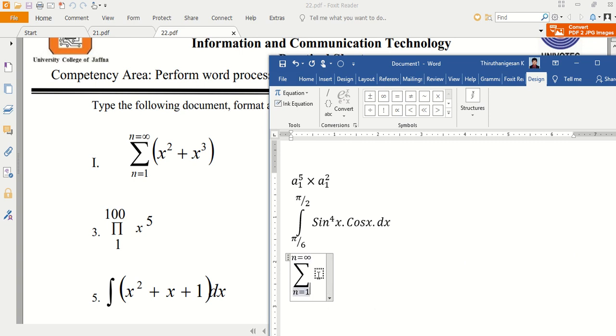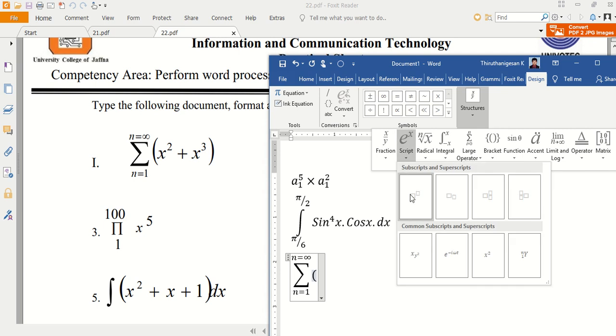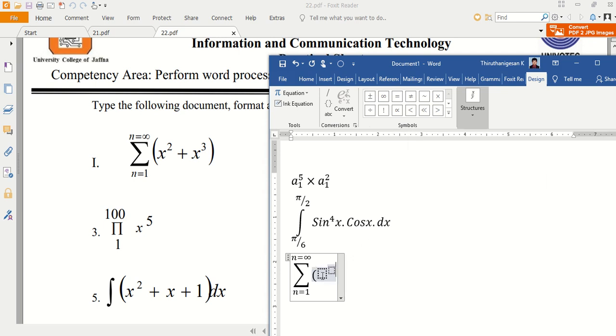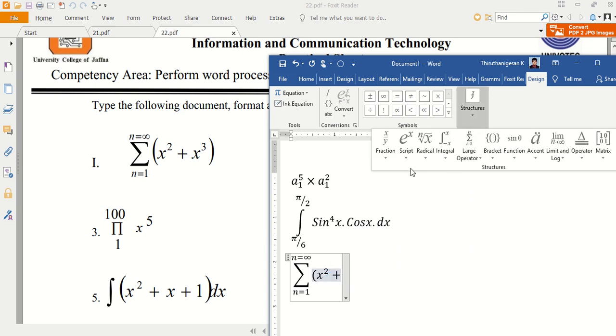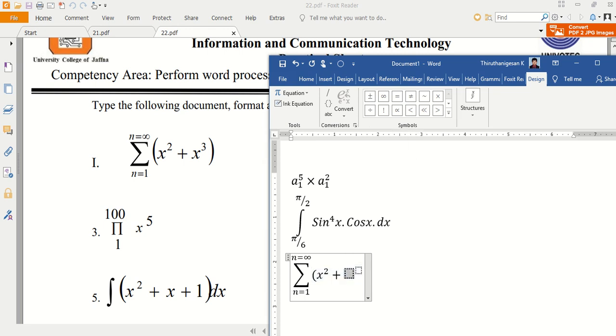Thereafter, within brackets, again you want the scripts: superscript x square, plus, again script x cube, then you can close the bracket.